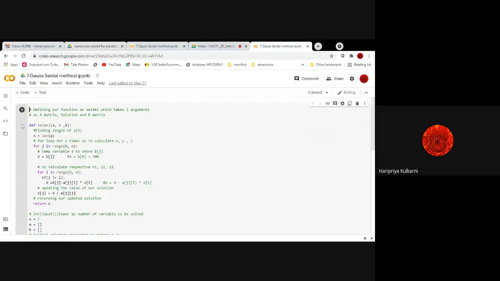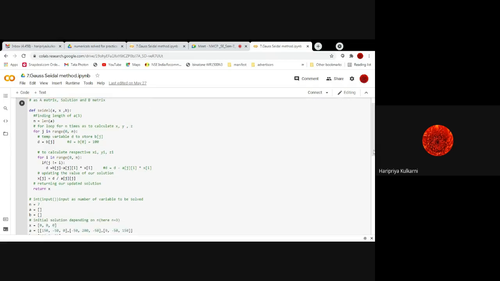So see here, I am defining a function, say CIDL, wherein I have a, b and x, where a is the coefficients of the equation, b is the constant of the equation, and x is the answer. So these three are the passing variables. n equal to len of a, so it will calculate the length of matrix A here. Now I am using a for loop for implementing the logic. So I am using a for within a for. We'll come to the logic when we call the function, to understand it.